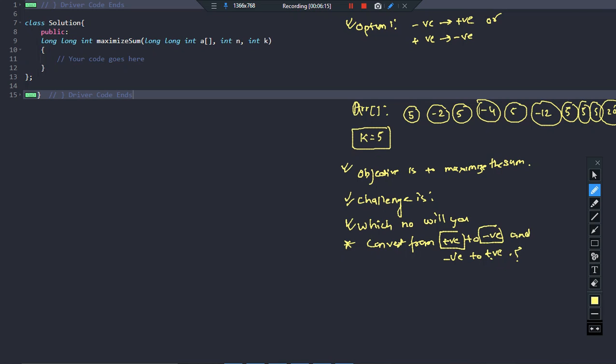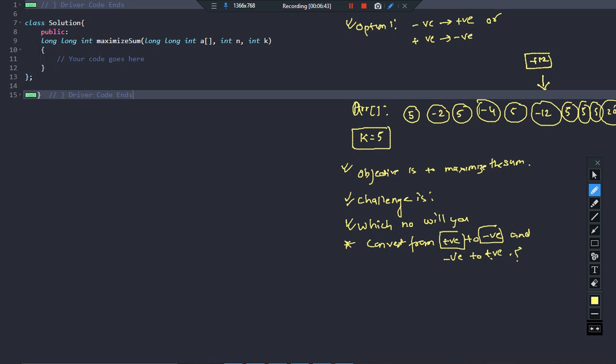Since my objective is to maximize the sum, if I pick a negative number which is very small, like for example minus 12, please pay attention. Minus 12 is the smallest number present here right now. If I utilize my k chances to convert this minus 12 to plus 12, I would be adding a huge profit, isn't it?